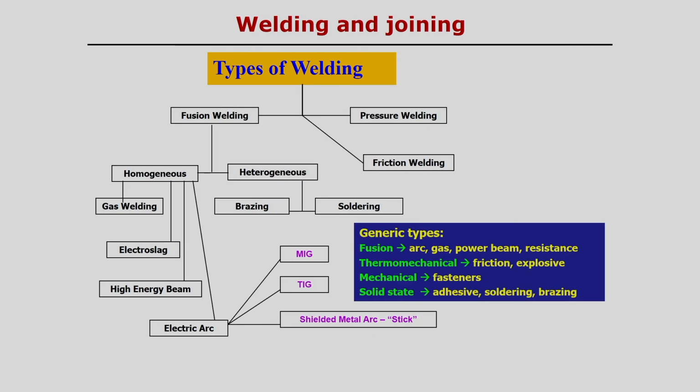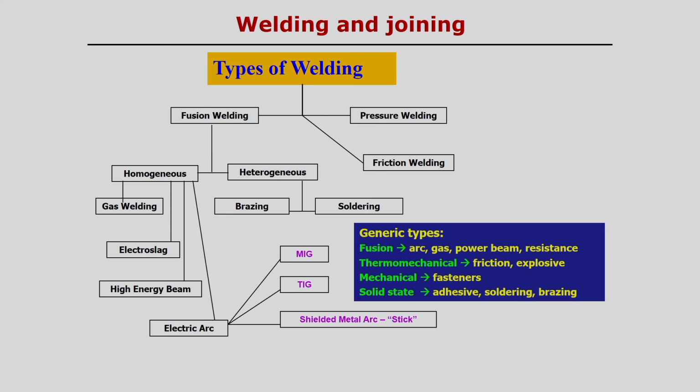Then thermomechanical is another type of welding process, for example friction welding, where frictional heat generation is there, and explosive welding also comes under the thermomechanical processes. That means the joining is responsible for some temperature development, and at the same time some mechanical force is also required. So, in these cases we can say it is a kind of thermomechanical process: friction welding, explosive welding. Then purely mechanical, the fasteners, where we join the two using some nut and bolt. That is also a joining process, but it comes under the mechanical joining processes.